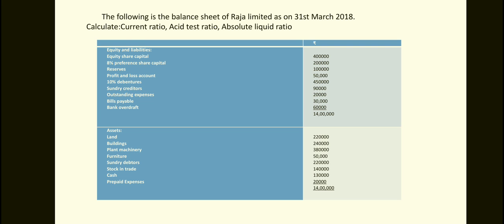In this problem, all particulars are given. Equity share capital is 4 lakh rupees, 8% preference share capital 2 lakh rupees, reserves 1 lakh rupees, profit and loss account 50,000 rupees, 10% debentures 4 lakh 50,000 rupees,